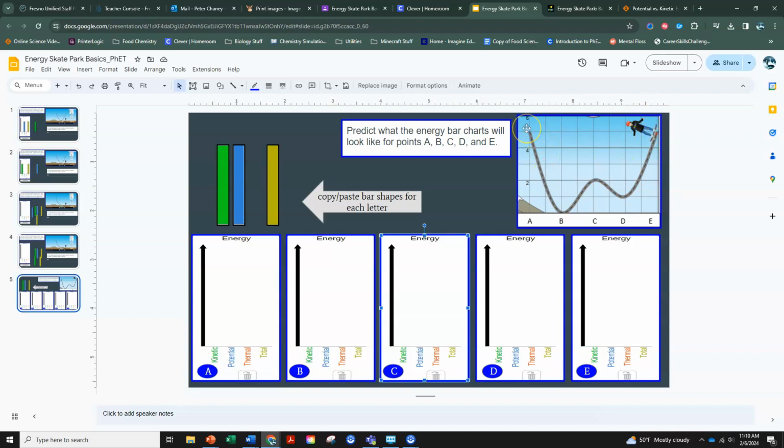So A we've already done. We know high point, so we could probably guess that pretty well. We know B is a low point. We should probably be able to guess that pretty well because we already did it in those previous slides. And E is just another version of high point. So A, B, and E we kind of already know. It's C and D where we're going to actually make our